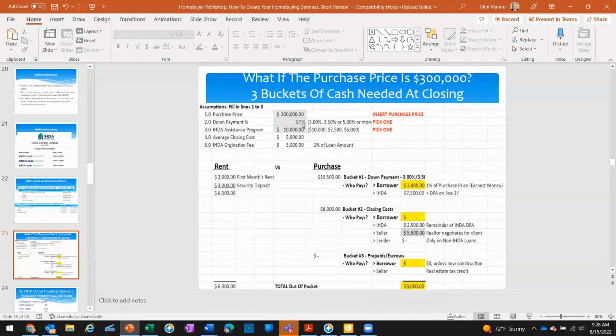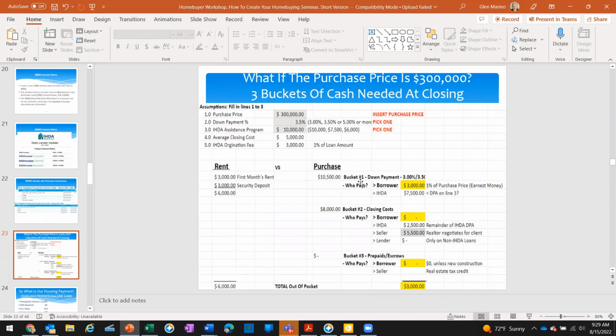The down payment you said was 3.5% of $300,000. That's $10,500. Every time you look at a purchase transaction, you need to ask who pays the money needed for that bucket. Well, the borrower could pay. And in this case, because they are using $10,000 and they need a 640 or better score, and they have to make less than $125,000, and they need to put in 1% of the purchase price. What is 1% of $300,000? It's $3,000. So our borrower is going to put in $3,000 of the $10,500.